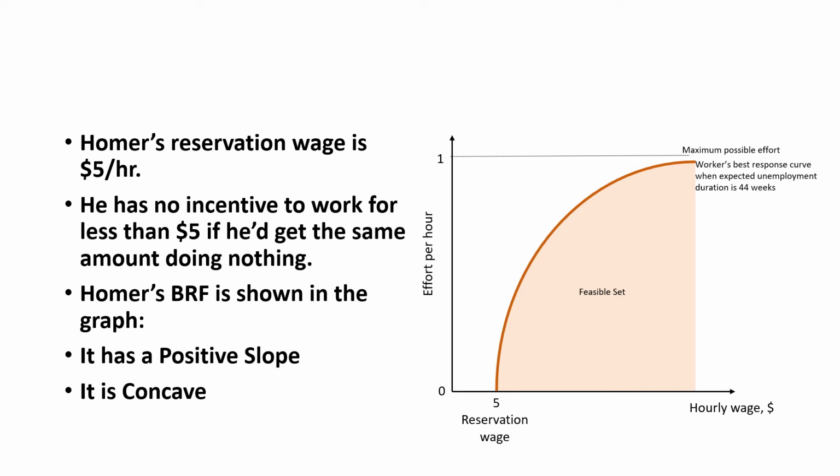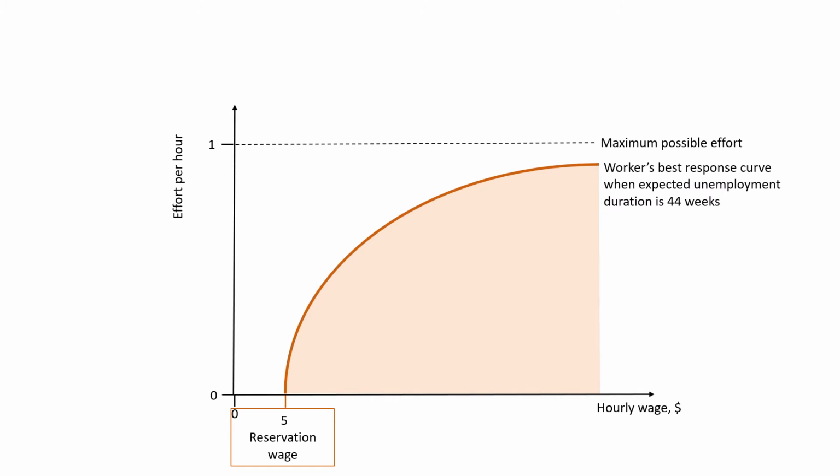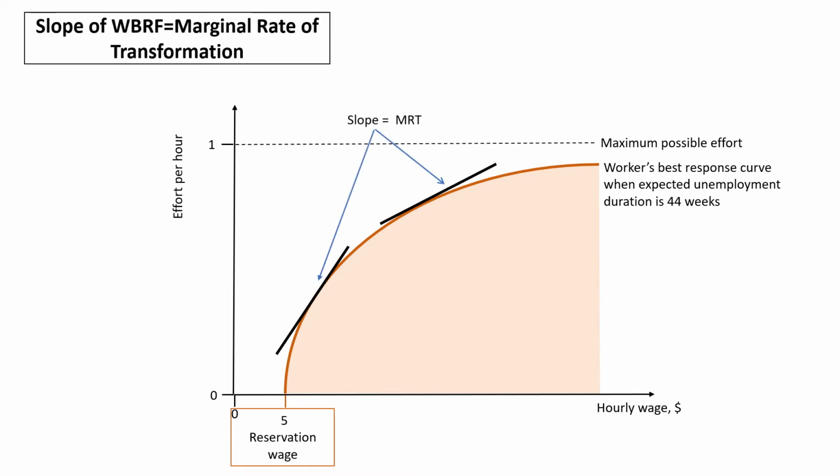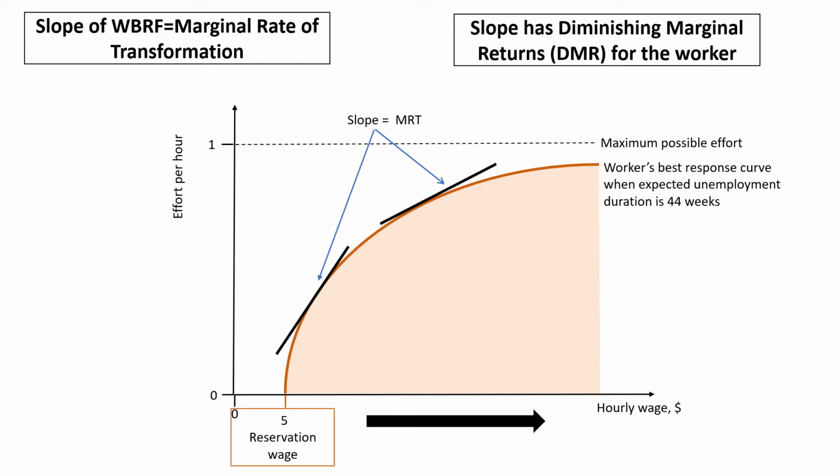on his effort level. Looking at the characteristics of the worker's best response function, or the feasible frontier, in a different way, we can firstly say that the slope of the worker's best response function is the employer's marginal rate of transformation of wages into effort. And secondly, the concave nature of the worker's best response function shows that as wages increase, or as we move to the right from the left of the x-axis, the slope becomes smaller and smaller, signifying diminishing marginal returns for